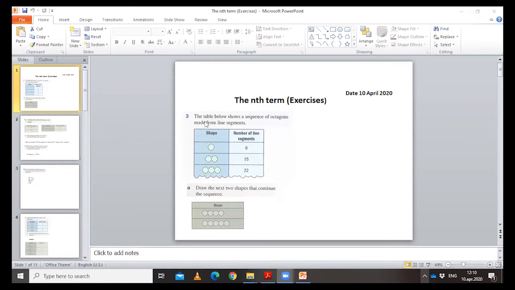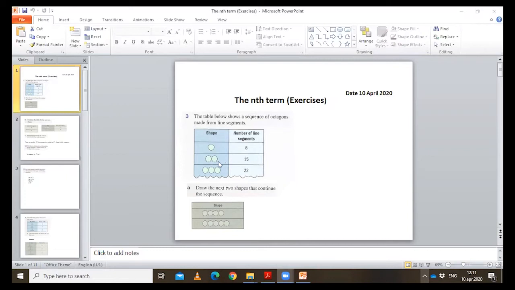Its requirement is: the table below shows a sequence of octagons made from line segments. You know that each octagon is a geometric shape which consists of 8 sides and 8 angles. Pay attention to how the pattern is formed. For the first shape we have 8 line segments. For the second